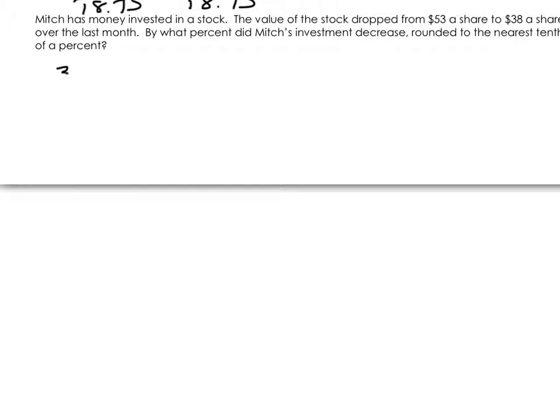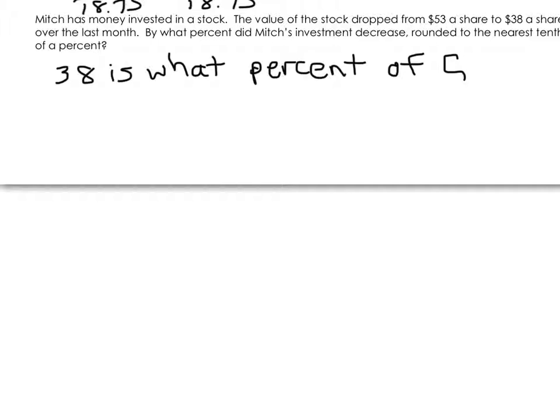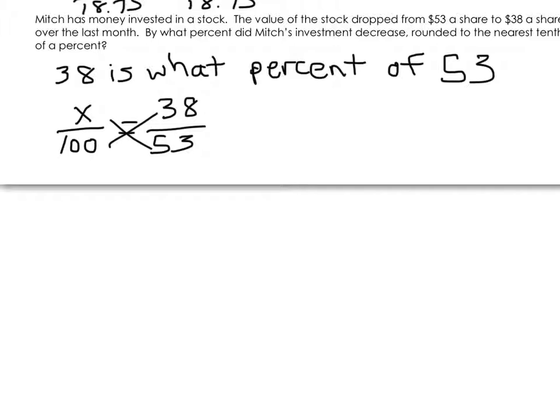So, writing this as a sentence, 38 is what percent of 53? Let's start with this, and then we'll talk about answering the question later. So 38 is what percent of 53? So we need to know the percent. And we have 38, we have 53, we cross multiply,